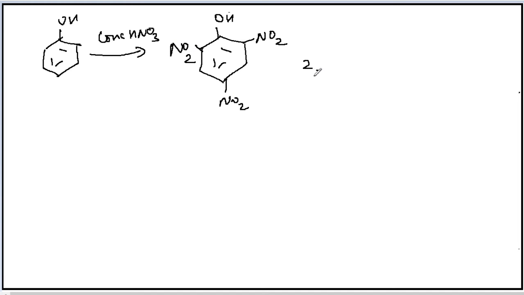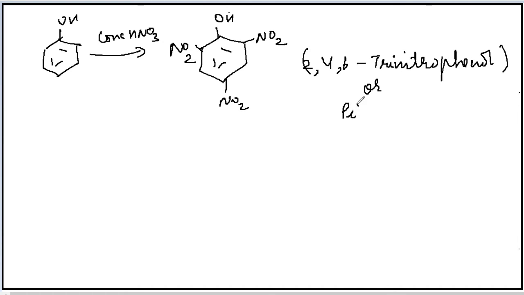You will get 2,4,6-trinitrophenol when the reaction is taking place in presence of concentrated nitric acid. This 2,4,6-trinitrophenol is also called picric acid. You might have heard of picric acid. So picric acid is your 2,4,6-trinitrophenol, which is obtained by the nitration reaction, that is the electrophilic substitution reaction